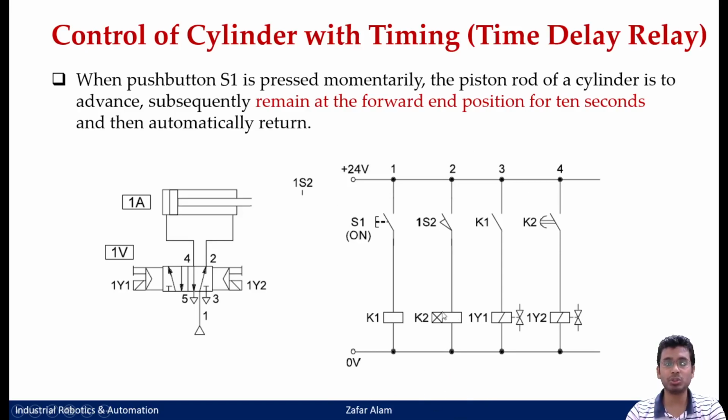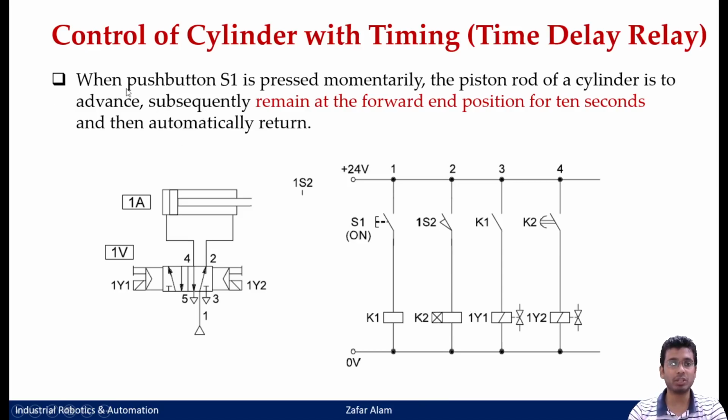Since we are now using an electrical circuit diagram, here we can use a relay known as a time delay relay. This time delay unit is itself adjusted for the delay. Here is the symbolic representation of a time delay relay, K2. A normal relay is like this, and a time delay relay is nothing but another box added here with two cross marks. This is the symbolic representation of a relay with a time delay.